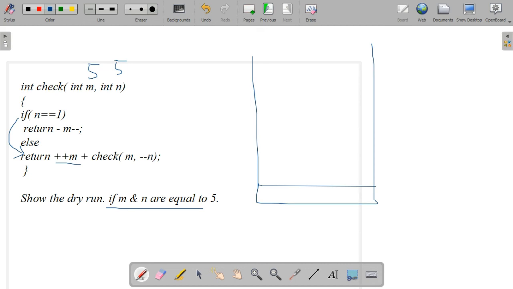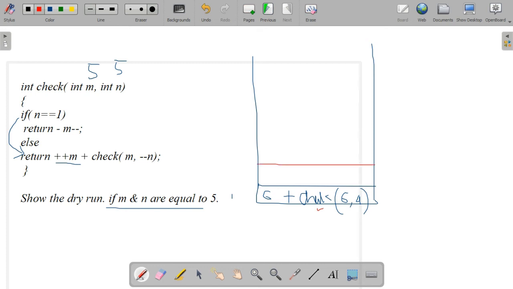Here what it has to return is M plus check of M, comma, minus minus N. So in the first call, 6 plus check of M. M is incremented, so M is updated as 6, comma, minus N. N is 5, minus N means 4, is it? Yes. So 6, comma 4, and here check of 6, comma 4.